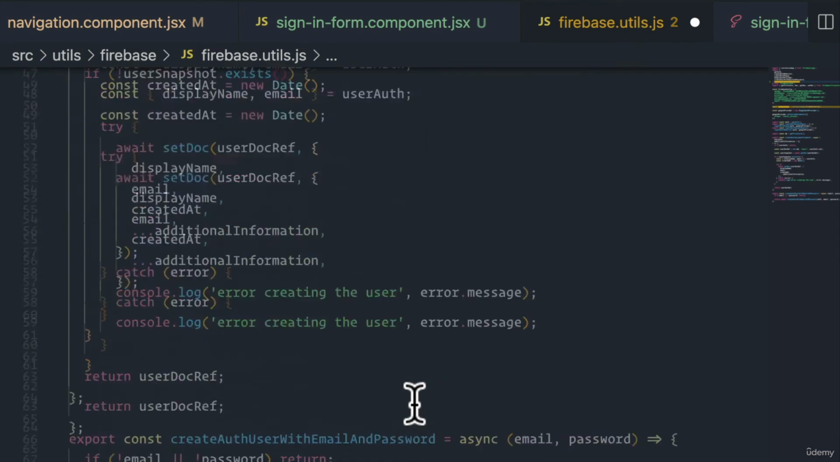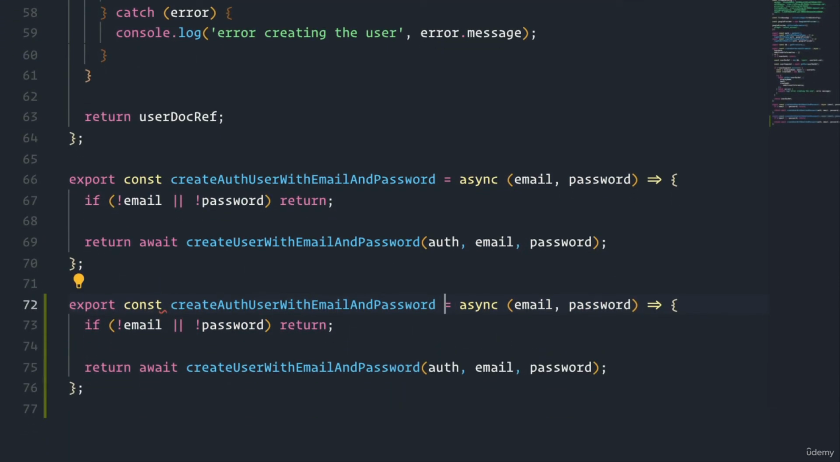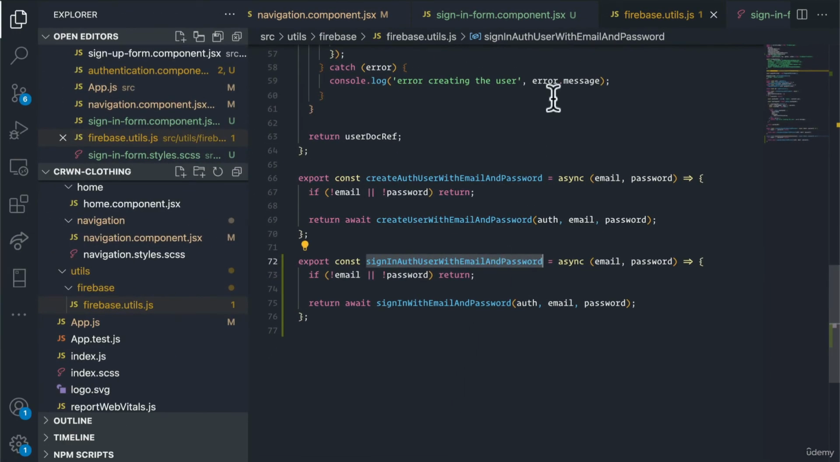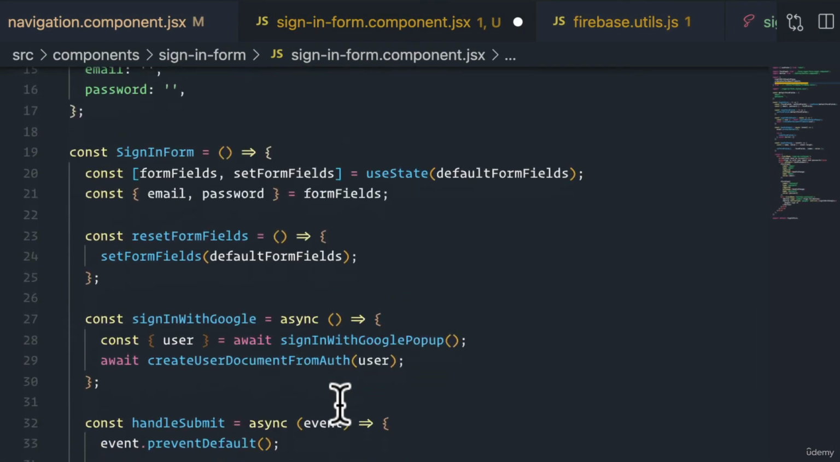So similarly, we want to create another interface layer through a helper function, and we'll just say that this is sign in auth user with email and password. So similarly, just like we did with our create auth user, if we don't get an email or password, we don't want to run our function. But when we do, instead of running create user with email and password, we want to run sign in with email and password. Similarly, as you expect, you pass the auth, you pass the email, you pass the password. So let's save this, copy this method, go back to our sign-in form, paste it inside,